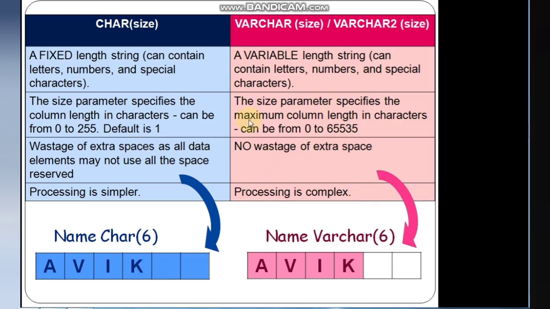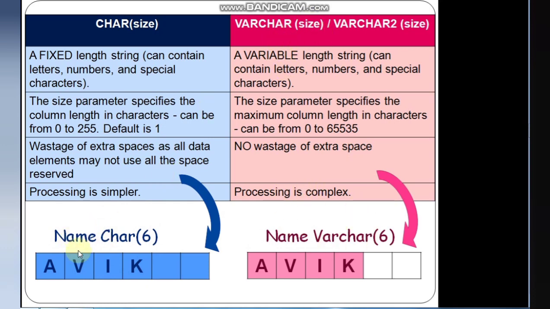Difference between char and varchar. In char, wastage of extra spaces is there, as all data elements may not use all the space reserved. And processing is simpler. Let us take an example and understand what happens in case of the fixed length character data type char and the variable length character data type varchar.